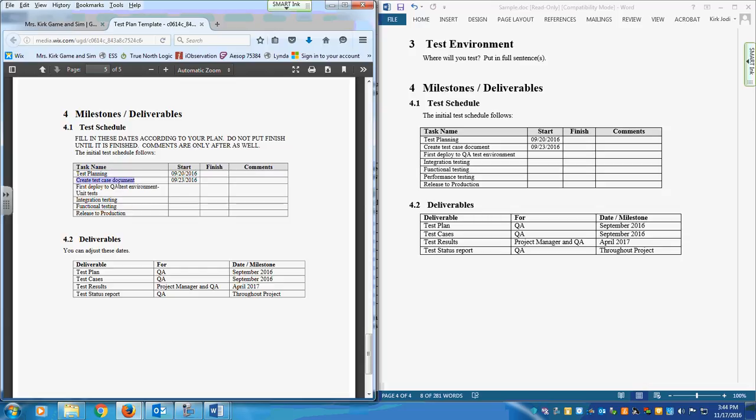You have your test case document, so you're going to put whatever date it is when you plan on doing this. First deploy to QA. So like I said, the first part of testing is unit. So you may not set this date. You may have to ask the programmer, when are you going to start your initial coding? And actually have a few things finished. So that's the date that you'll put here, because that programmer is probably going to be doing that unit testing,